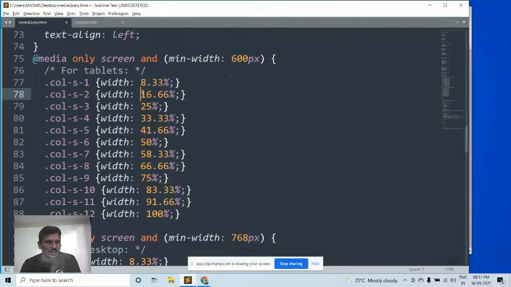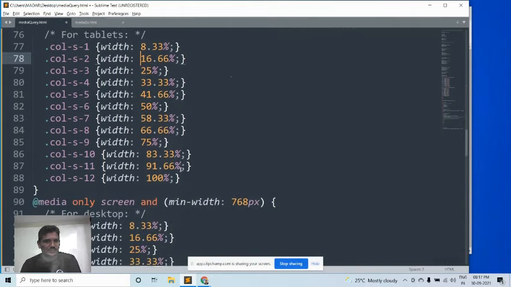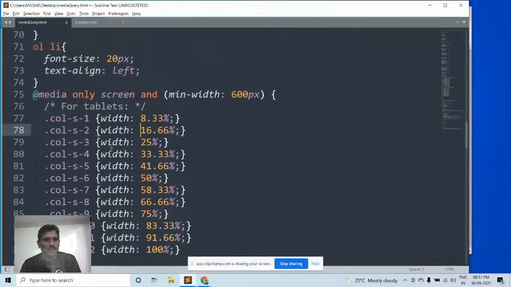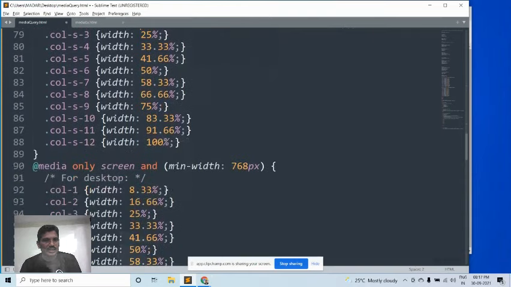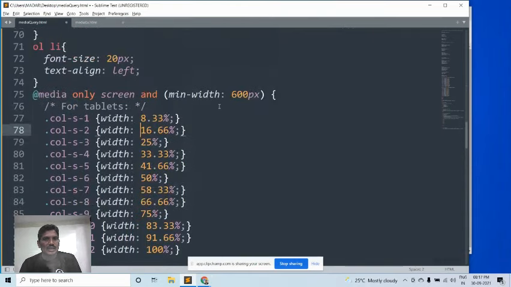Check it once. Whenever the column size increases, the width size also increases, because there are 12 columns in each row. Please remember it. Whatever code you write here will work for tablets.